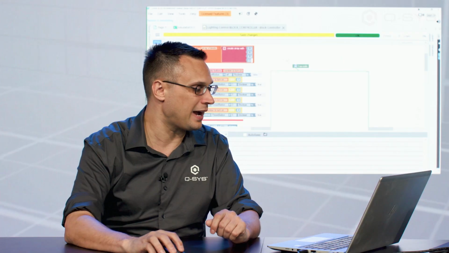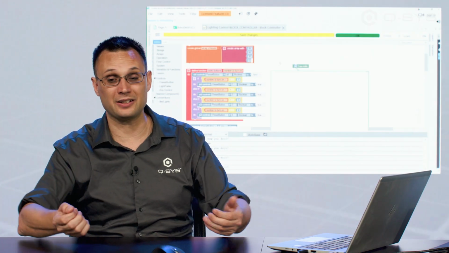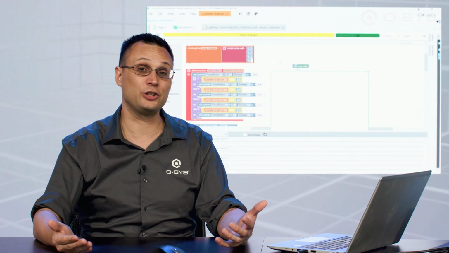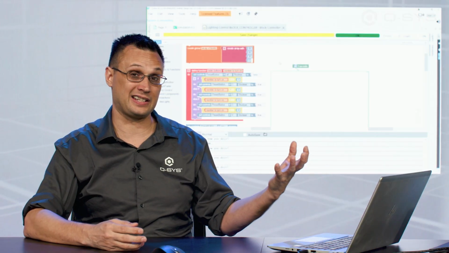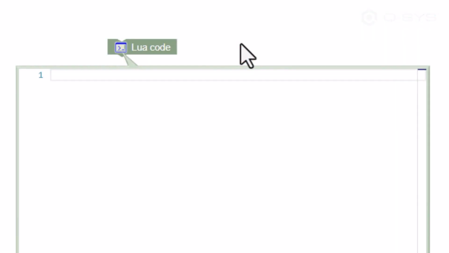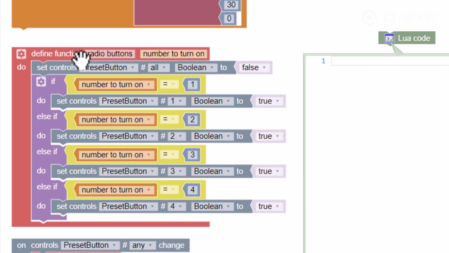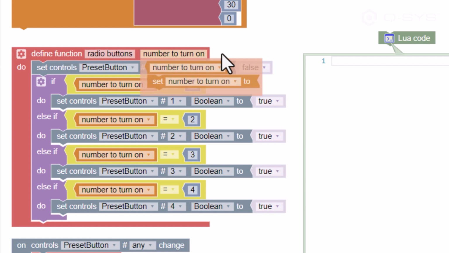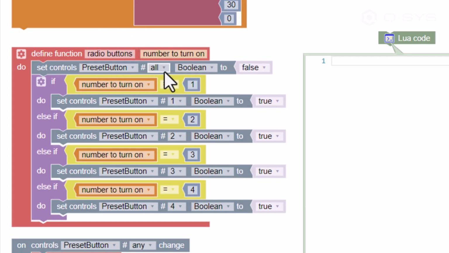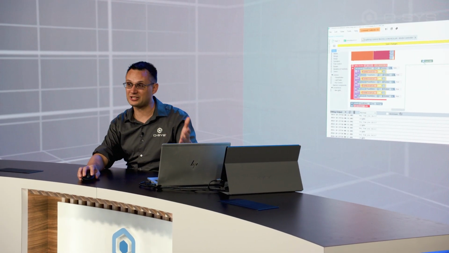I'm also going to show you how, just to give you a little setup here for Jeff's class, how you could use Lua to make some of the things that we've done inside of our blocks more efficient. We have created our interlocking functionality right here. We've got this radio button, interlock buttons, where we had to say, hey, first we're going to turn all the buttons off, and then we're going to check to see if our argument is 1, and if it is, we're going to turn button 1 on. And if we're going to check to see if the argument is 2, and if it is, we're going to turn button 2 on. If you wanted to write something like this a little bit more scalable, you could use